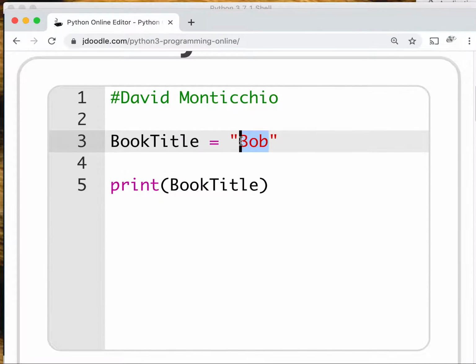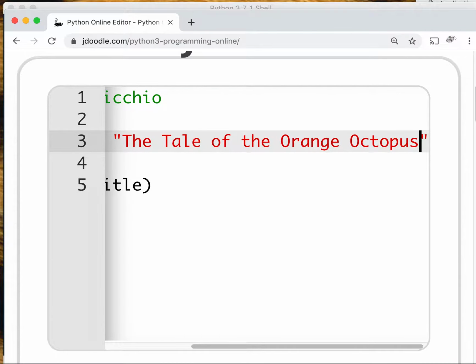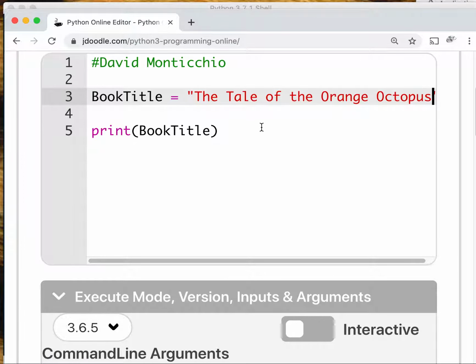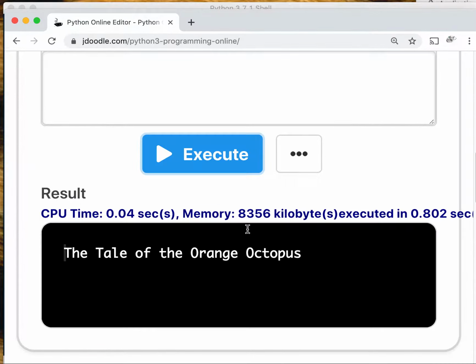So I'm going to make my book title, and you don't have to use the exact same book title that I am, but I'm just calling it The Tale of the Orange Octopus. And I'll take that down to 200 just so I can see more of the screen here. So there's the print book title, and of course it'll print out The Tale of the Orange